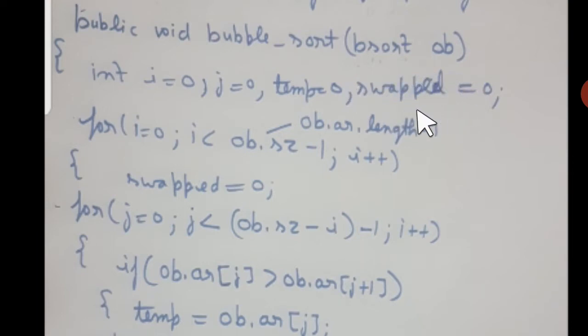This is the optimized implementation of the bubble sort I have used here, because if most of the data is sorted, it will be done in less time. When the array is completely sorted, it will not unnecessarily perform the process of bubble sort. It will be stopped once the array is sorted.